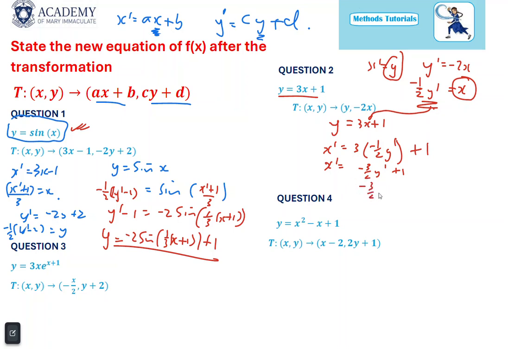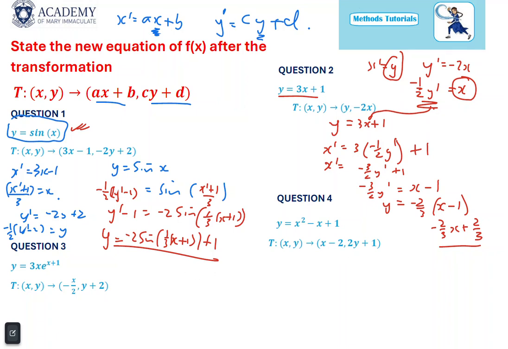which means minus 3 on 2 y dash equals x minus 1, so that y equals minus 2/3 x minus 1, which could be written as that, or minus 2/3 x plus 2/3. There's my answer. And looking at the last example,